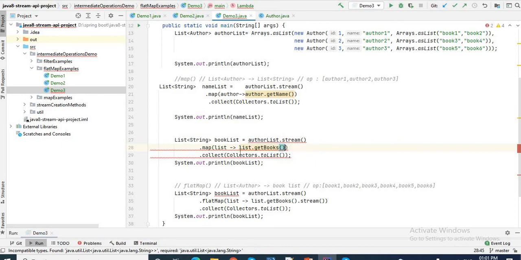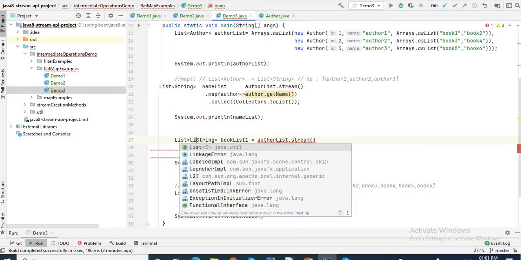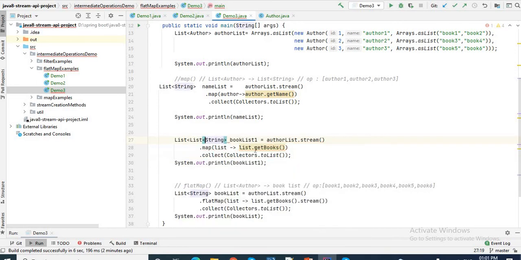I'll remove this and change it, giving it a name like book list one, and print it. See here, the output becomes a list of list of string. Let me change this to list of list of string here, and run this application to check the output.